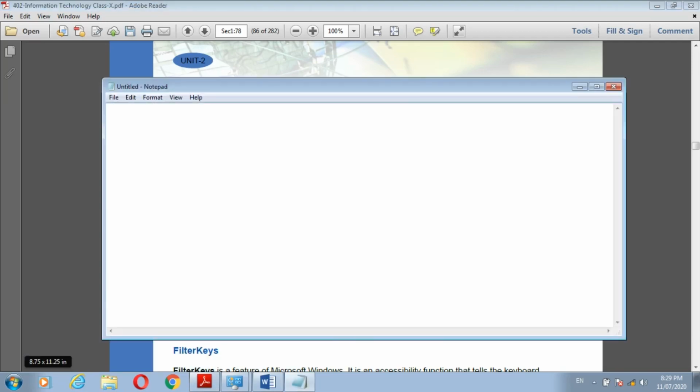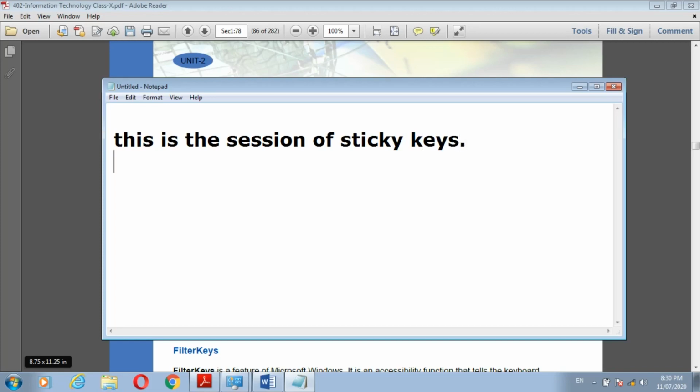Okay, start Notepad, the Notepad is open. Here I write some 3 to 4 lines. This is the session of sticky keys. Okay, again second line.